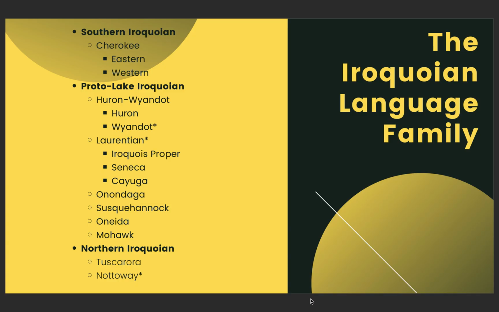Note that the stars next to certain ones mean that there are no longer any reported first language speakers of these languages. In linguistics, we would call this a sleeping language. Commonly, you might hear it described as a dead language or an extinct language. However, linguists, especially linguists that work with actual communities, try to avoid using dead and extinct, other death terms when talking about languages, in part because it's disrespectful, in part because